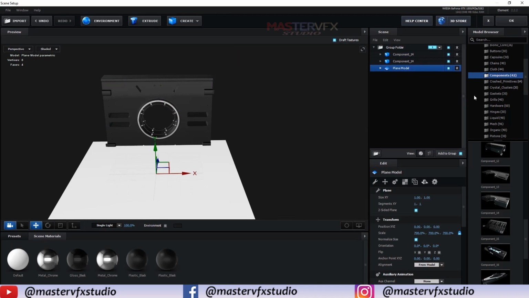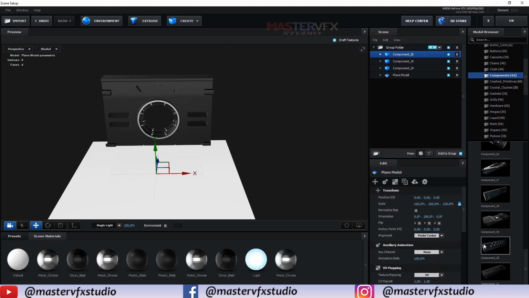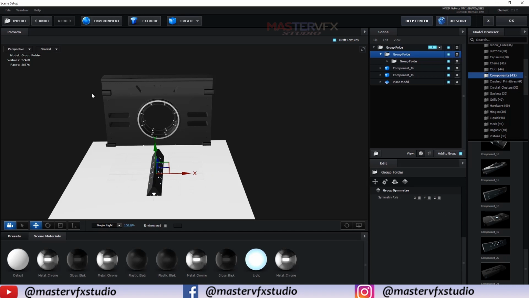Now guys, further we are going to also create a side column. So choose component 20, normalize it, scale it up, and here we put this component into a new group, and also this group inside one another group, and just here choose the main group and go to symmetry, and we are going to use symmetry in the x direction, this direction, right? So just enable the x-axis.